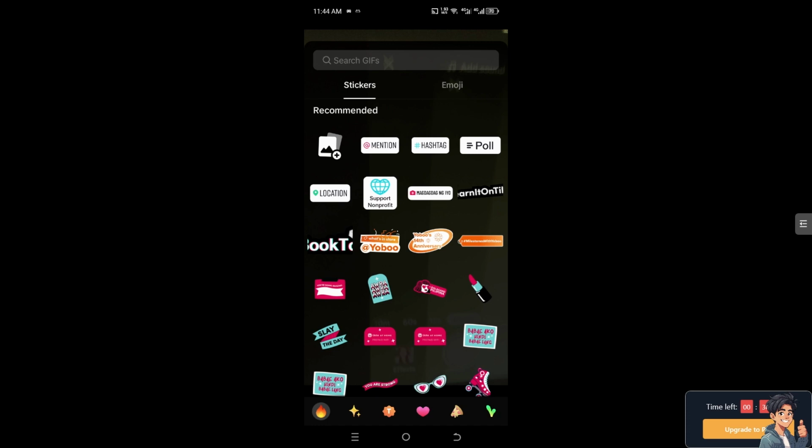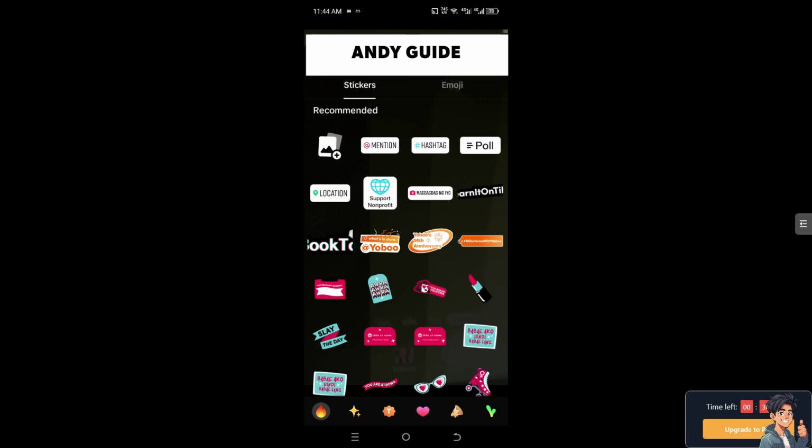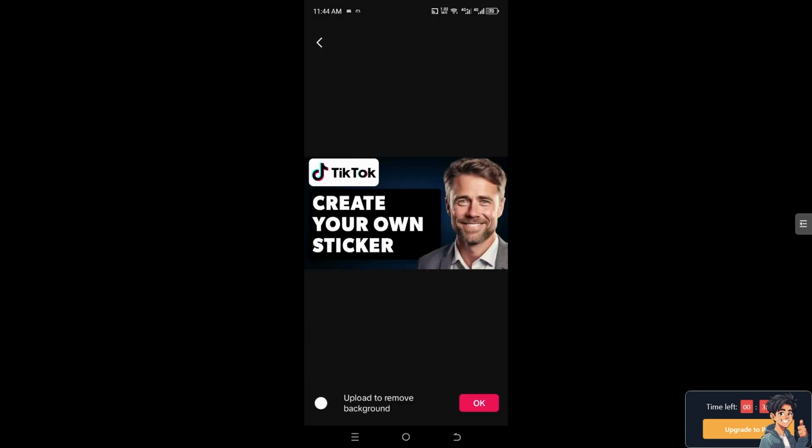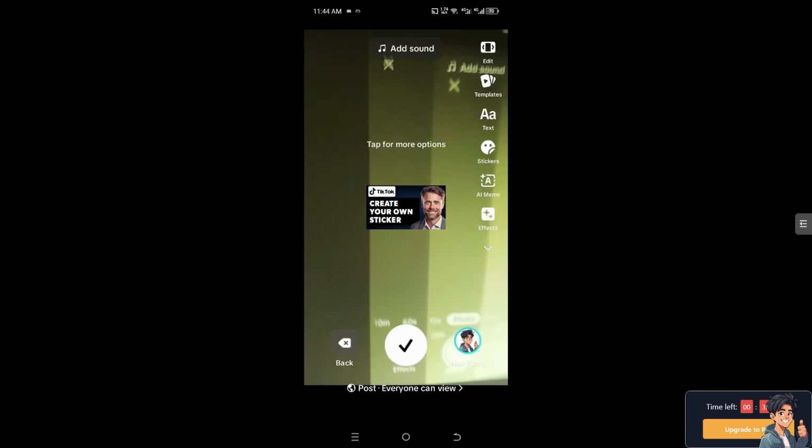Now, once you are on this sticker, I need you to click on the recommended. There's going to be like a small picture with a plus button. I need you to click on it beside the mention, all right, and upload a photo for that, and that's going to be your background sticker, or your sticker for your background. And you see the option to upload to remove background. I need you to click on that, and what will happen is,